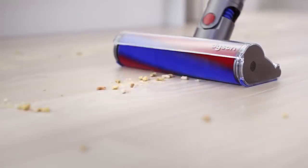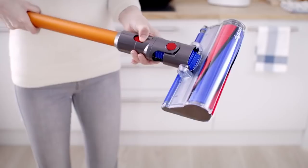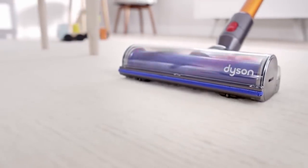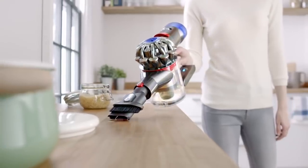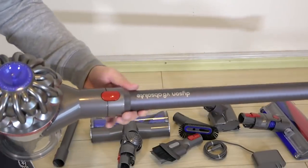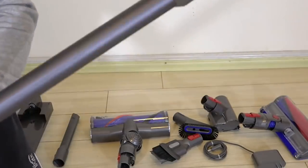Dyson's V8 Absolute cordless vacuum cleaner takes everything great about that impressive V6 Absolute and ramps things up a notch. It doesn't look too dissimilar to its predecessor, and Dyson is hardly reinventing the wheel. But these intricate improvements over radical changes are what makes the V8 Absolute the best cordless vacuum cleaner you can